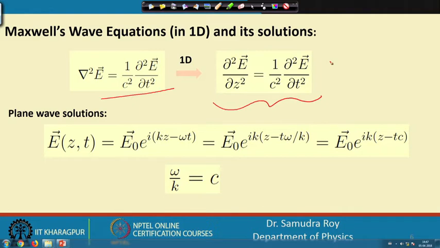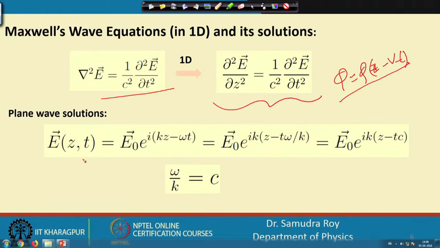In the previous case we found that the general wave equation has a general solution like phi equal to phi of z minus Vt. This is one of the solutions. Now, if this has a solution like this, then we can assume a solution in this form. That means my variable should be something like this. So, I assume a plane wave solution. This is called a plane wave solution.